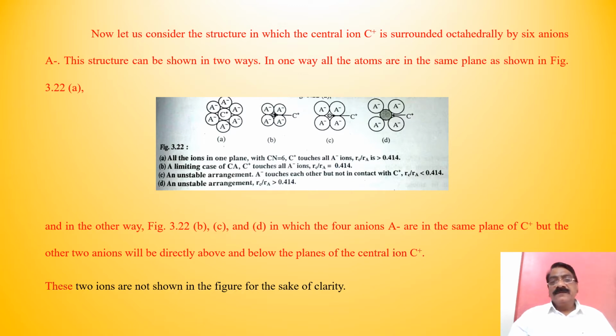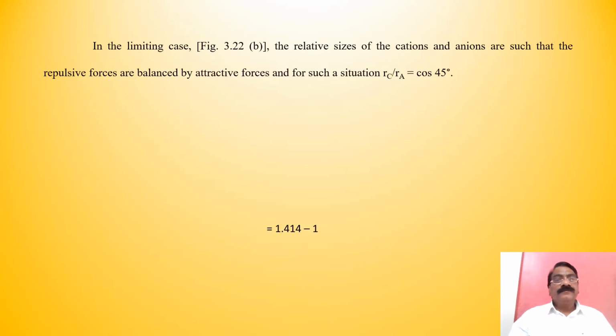In another way, see particularly these figures A, B, C, D. In these four figures, A minus are in the same plane as C plus, but the other two anions will be directly above and below the plane of the central ion C plus. These two ions are not shown in the figure for the sake of clarity. In the limiting case, the relative sizes of cations and anions are such that the repulsive forces are balanced by attractive forces,